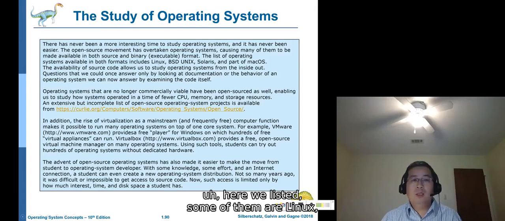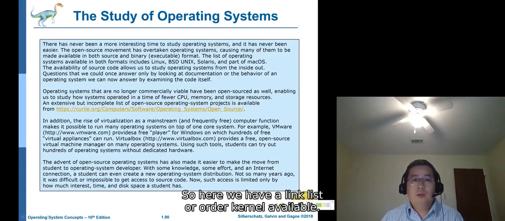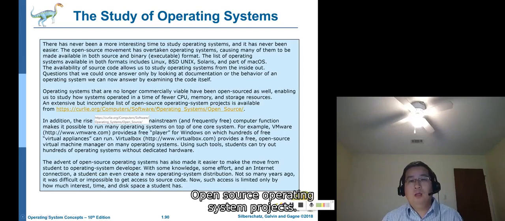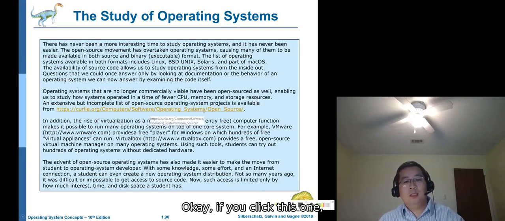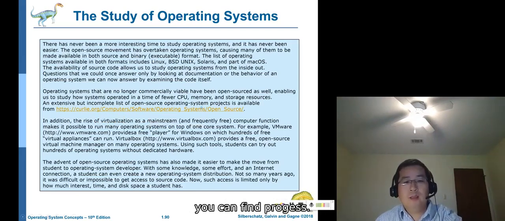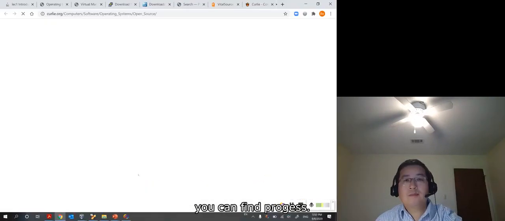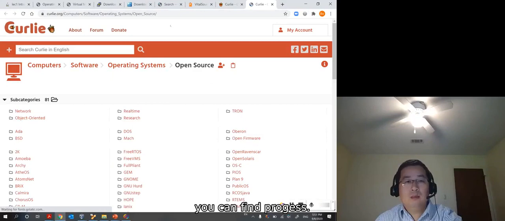For example, here we list some of them, like Linux, BSD Unix, and Solaris, and part of Mac OS, meaning their core part, Darwin. Here we have a link that lists all the currently available open source operating system projects. If you click this one, you can find the projects.